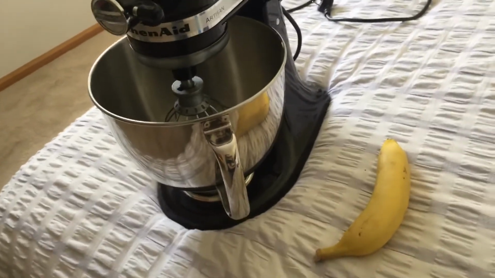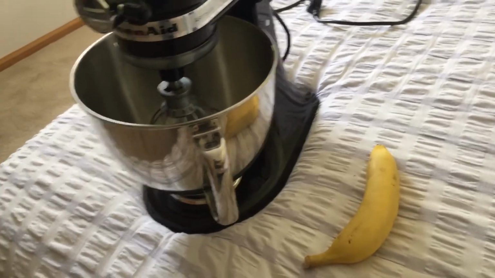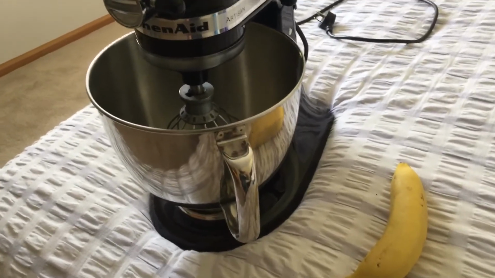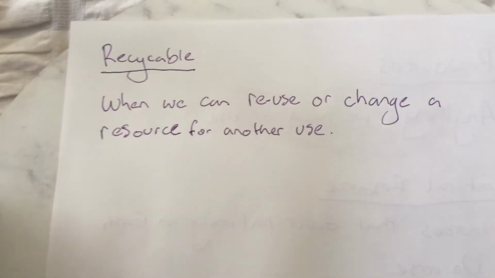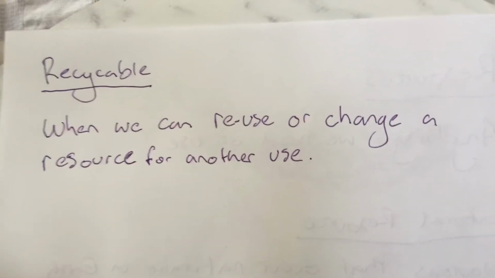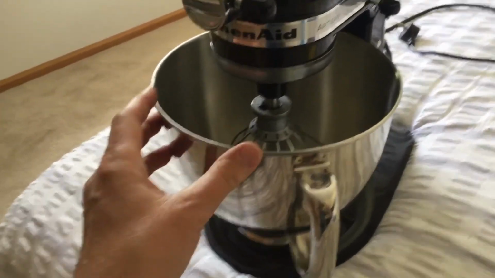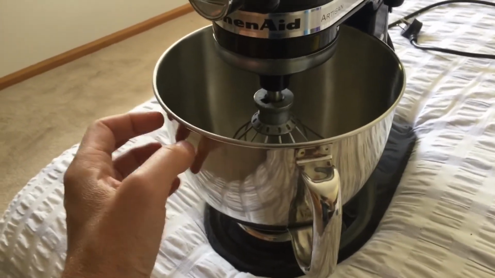Now some students did get confused about a very important word, which is recycling, getting mixed up with renewable and recyclable. Now, for something to be recyclable is when we can reuse or change a resource for another use. So if I go back to my mixing bowl, even though it is a non-renewable resource, because the metal takes